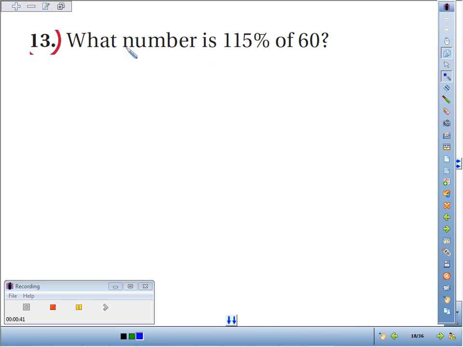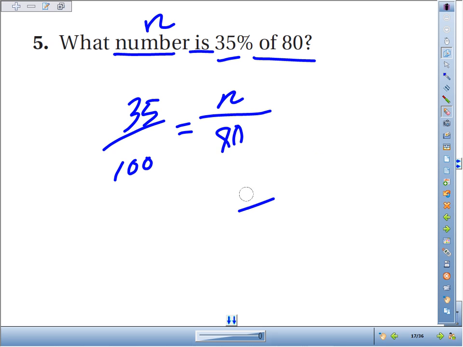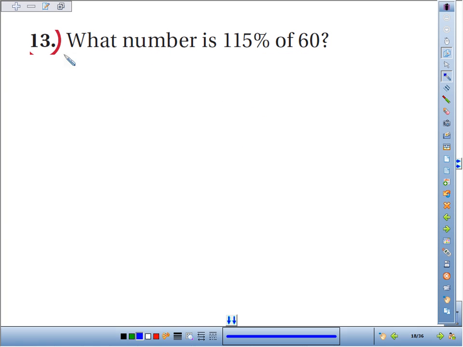For 13, I'll use a little different method. Oh, I'm sorry. That's actually the answer to the next problem. That's not so good. Let's crank that out again. If I take 80 times 35 and divide by 100, I get 28. Sorry about that. So now looking at number 13, if I use the equation method, what number, well, let's call